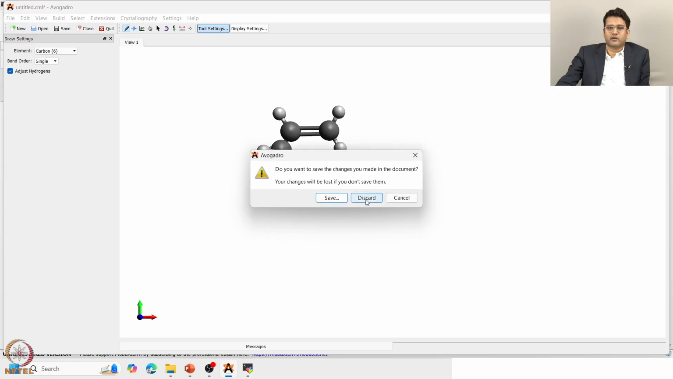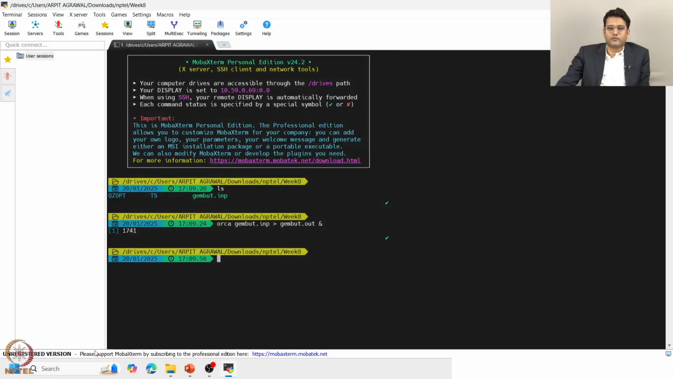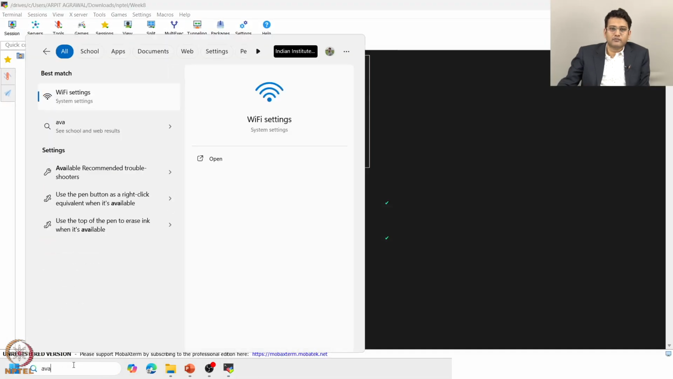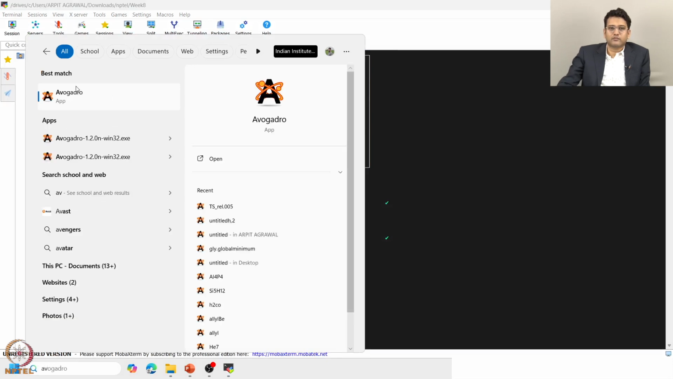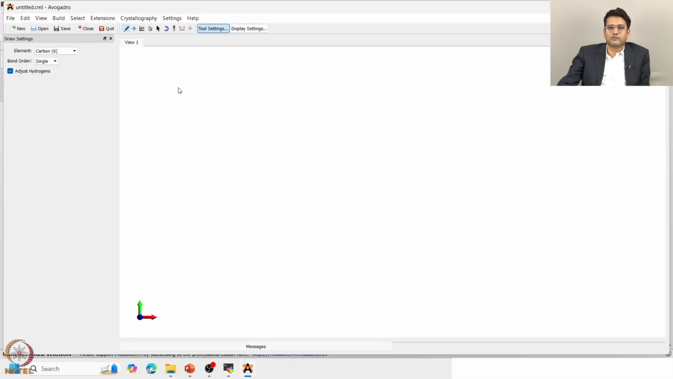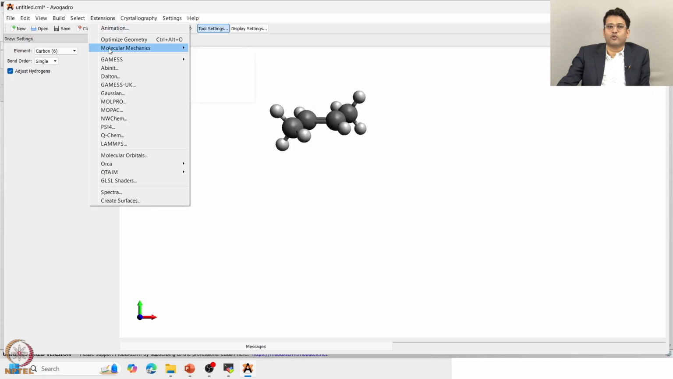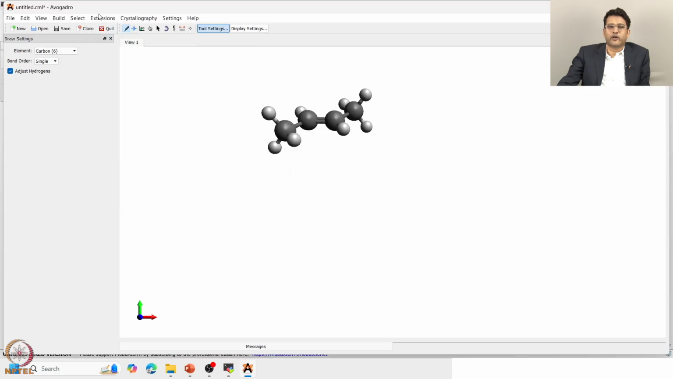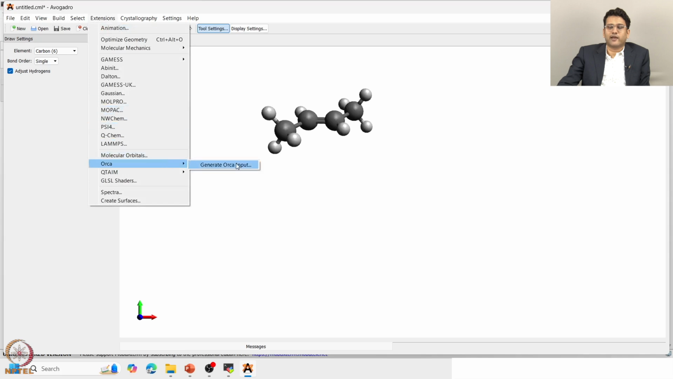Maybe I should start with a new Avogadro. It's a double bond. Let's first make the trans one. So this is single and this is a trans one. If I go to the extension, optimize the geometry, and I can make the ORCA input file as